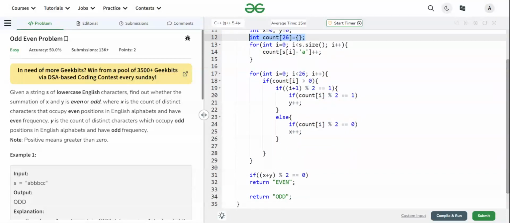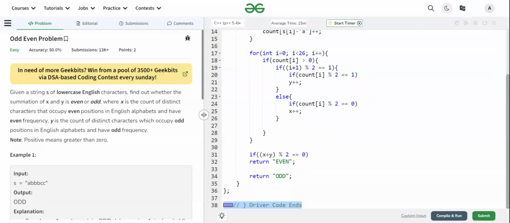And we are iterating over the size of the string. So the time complexity is the length of the string, and the space complexity is constant. Okay, thank you.